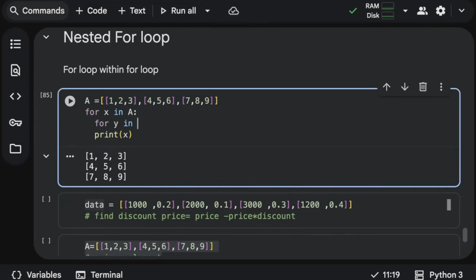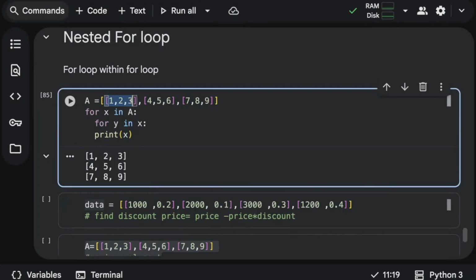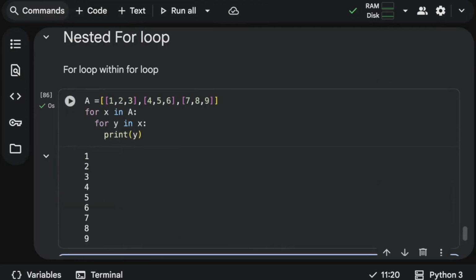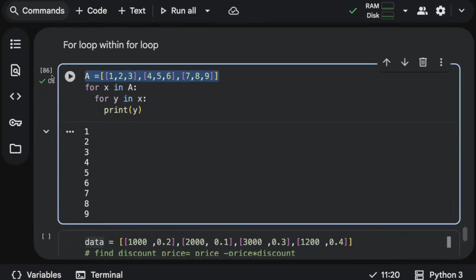So I'll say for y in x. That means first we are extracting this inner list, and then we are looping through individual elements, and it should be print y. See, this will give you all the elements of a nested list. For the same question, I hope you understood. The first loop is responsible for it,